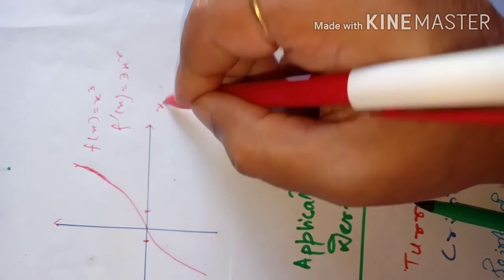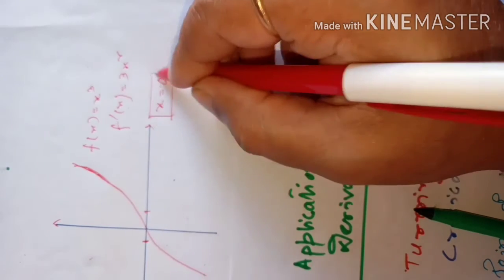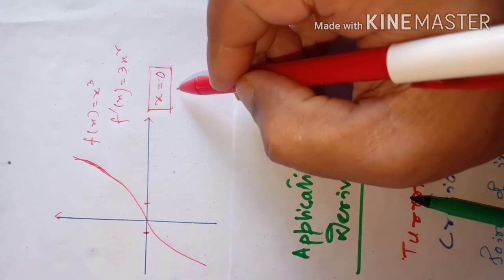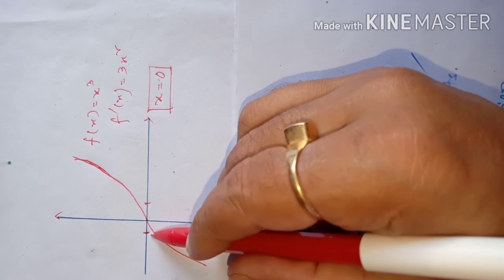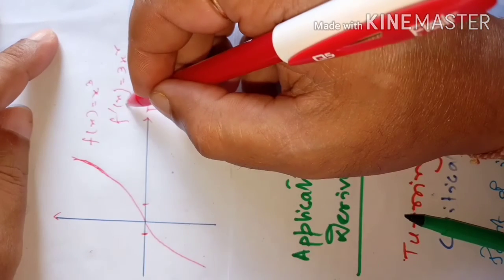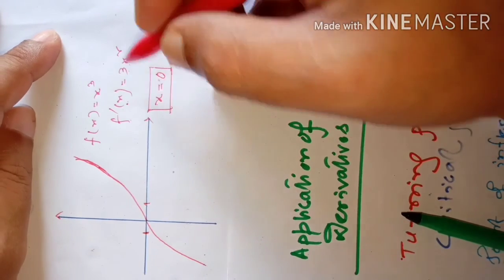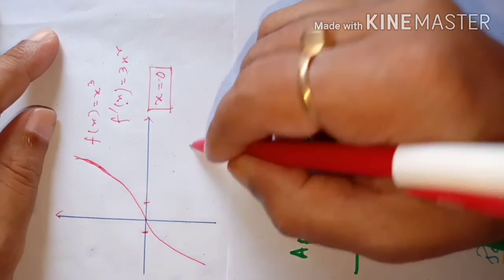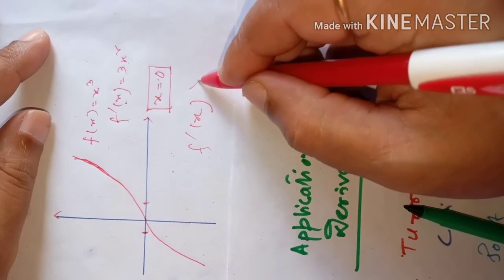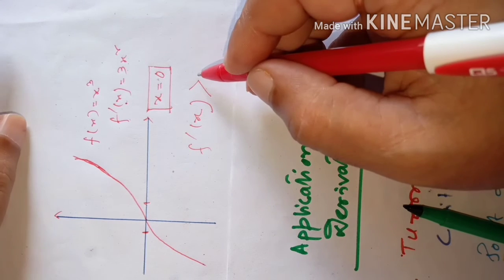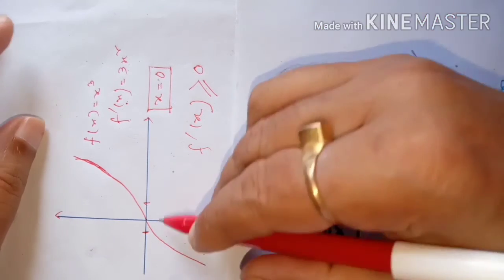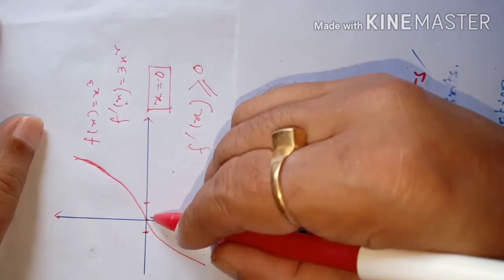That means x equal to 0 is the only point at which the value of the derivative of the function is 0. But before 0 and after 0, at all points f dash x remains greater than 0. Its sign is not changing. For all values of x except 0 it is greater than 0, and at x equal to 0 it is equal to 0. Then this point, x equal to 0,